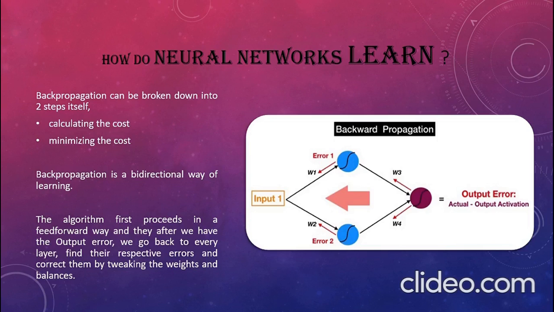So what happens in backpropagation is we first move feed forward. We get an output, we calculate the error from the output, and then we go back. We go to the hidden layers and then make improvements in the weights and balances using the error calculated. This is done to reduce the error in the next feed forward with the new weights and biases. This way, we keep improving our algorithm and reducing the output error.